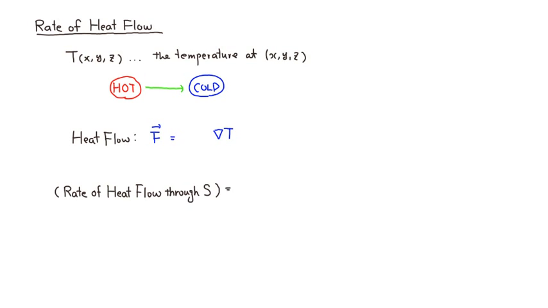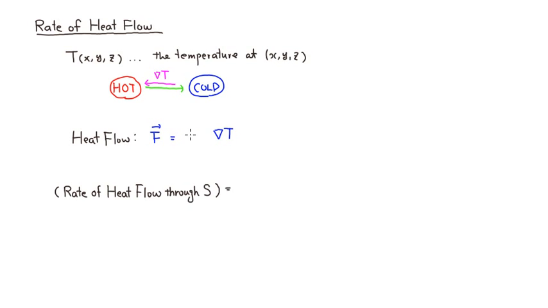The gradient of T actually points from cold toward hot. So if you want to go from hot to cold, you have to put a negative sign to